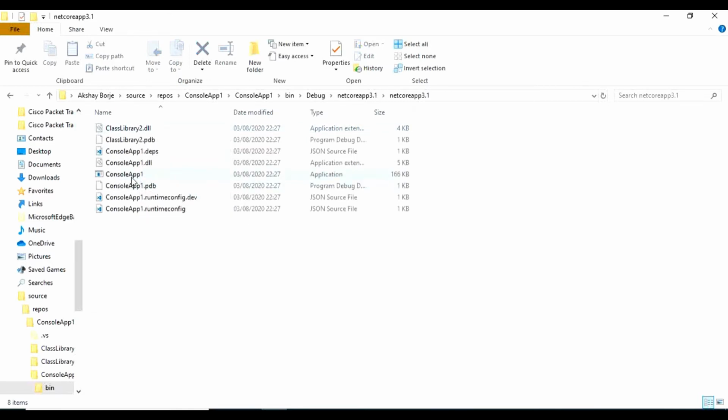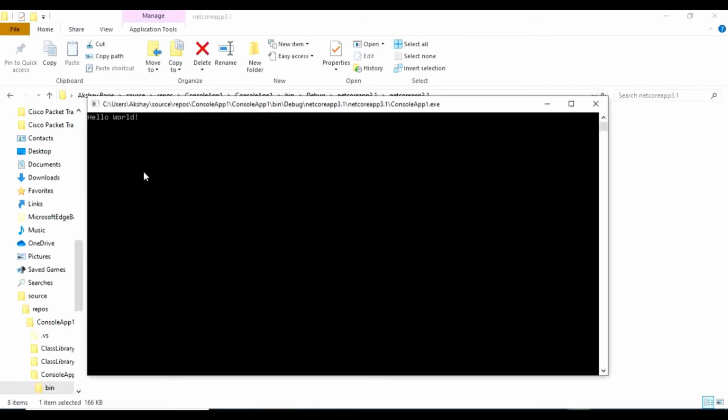Now as you can see here, the assembly ConsoleApp1.dll and the exe are present, as well as class library 2's assembly, since we have given that project reference in ConsoleApp1, so it is also present in the bin folder of this project. Now if you run this from here, it runs successfully.